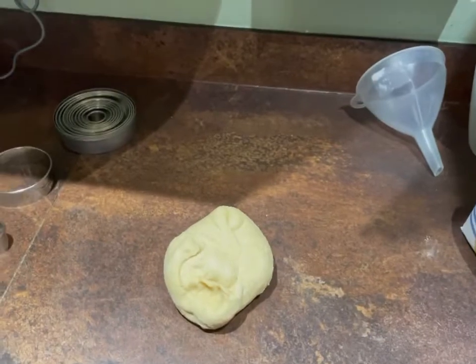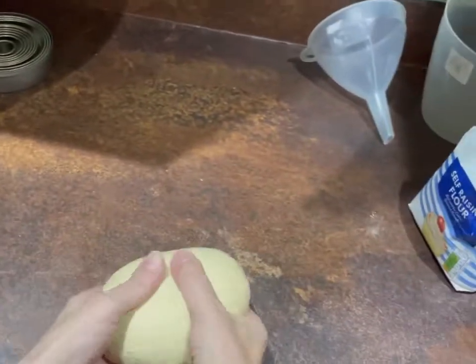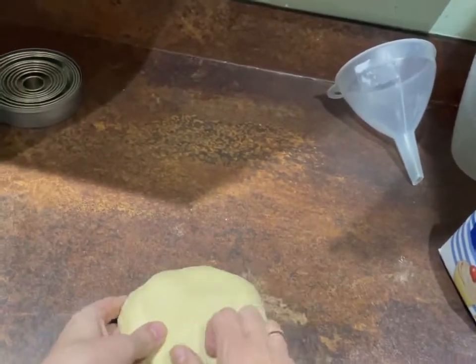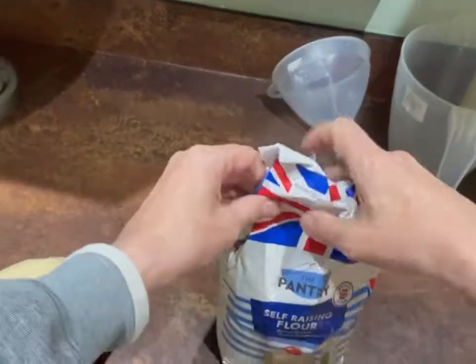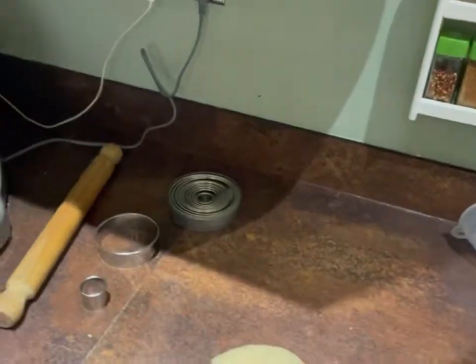Bear with me while I rearrange the camera. So yeah, that's it, knock the air out of it. Now I'm going to use a little bit of flour just to stop it sticking, but before we do that,